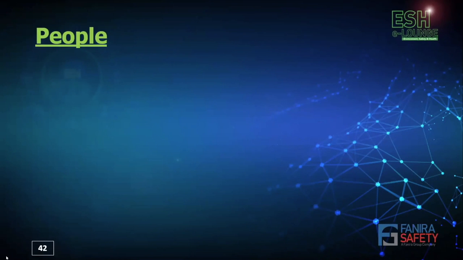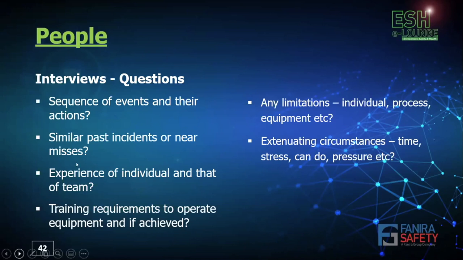So continuing on with the people aspect. The interview questions to ask: what was the sequence of events and what were their actions? Are they aware or familiar with any similar past incidents or near misses? What is the experience level of the individual and that of the team as well? Training requirements to operate the equipment and if they achieved them. Now, all these,